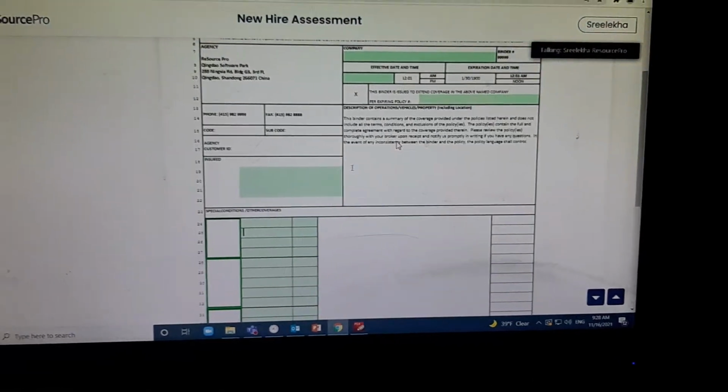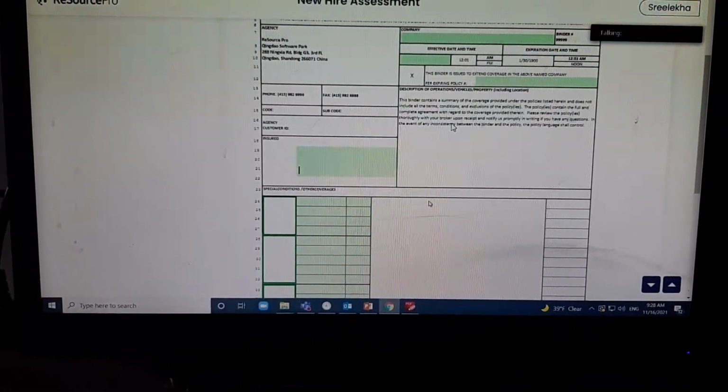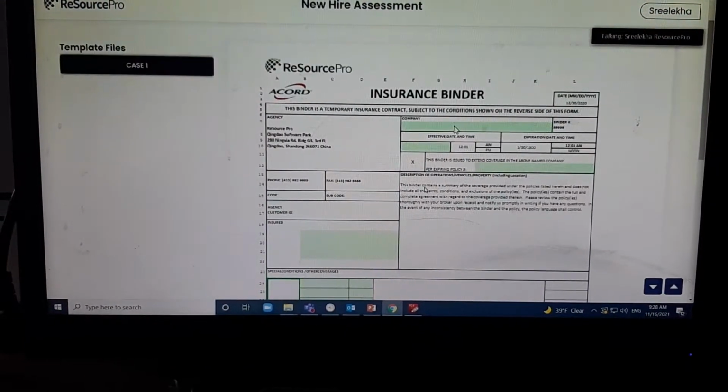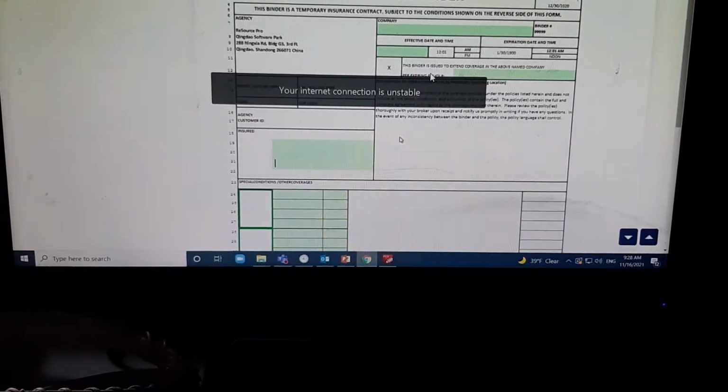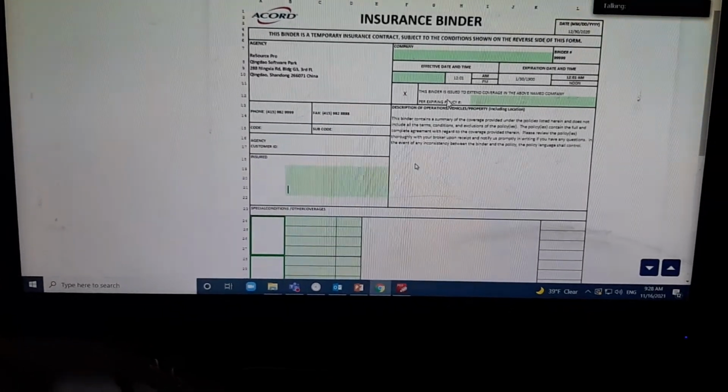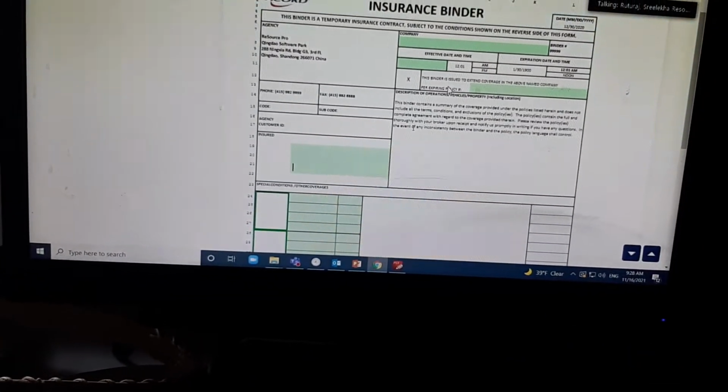For every piece of information, the concentration should only be on the green highlighted cells. So far we have seen the procedure document and binder template. What is the other document which we have to refer to? Yes, it is the source document.